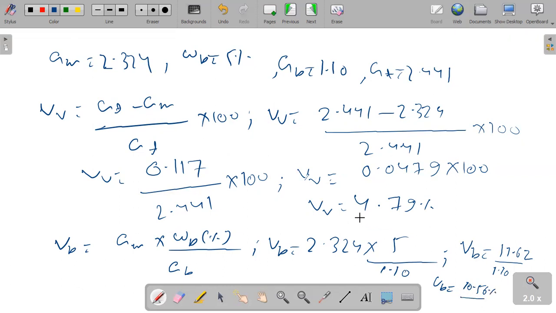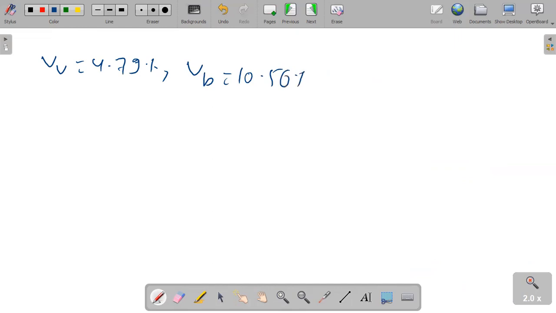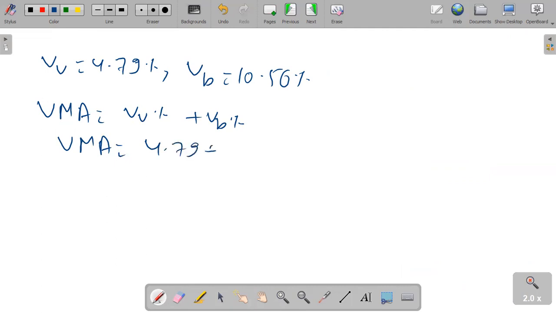percentage. So we have now VV and VB. Let's move to next page. We have VV is 4.79% and VB is 10.56%. Let's calculate VMA. VMA is VV percent plus VB percent. So VMA is equal to 4.79 plus 10.56. So VMA, we'll get VMA is about